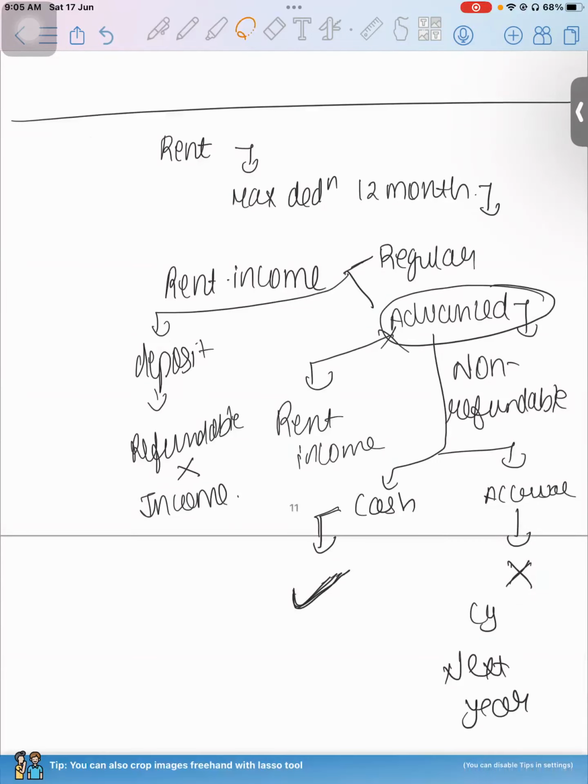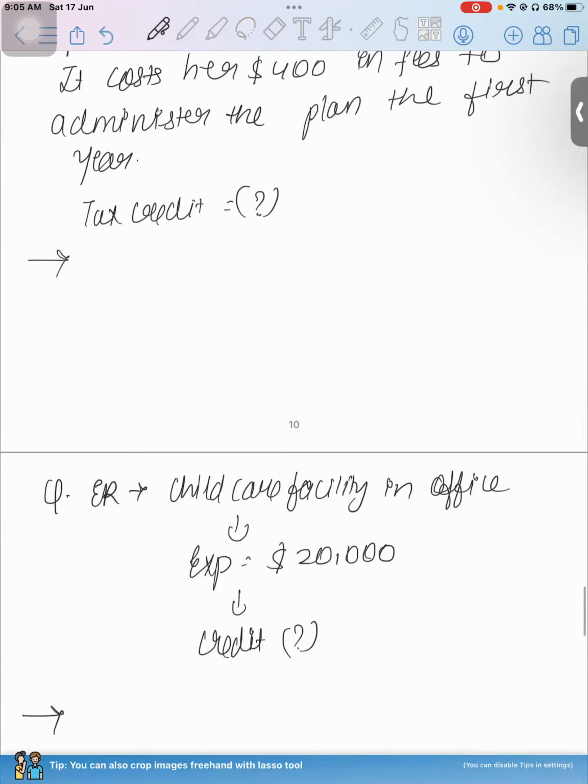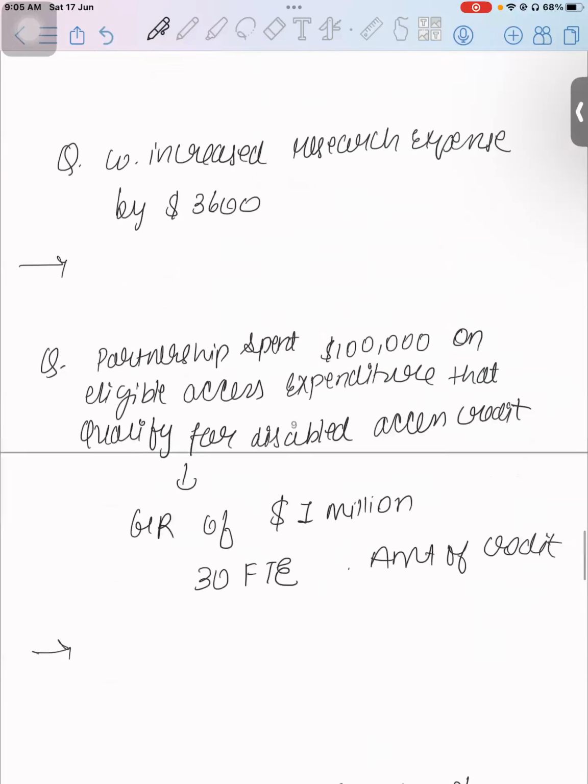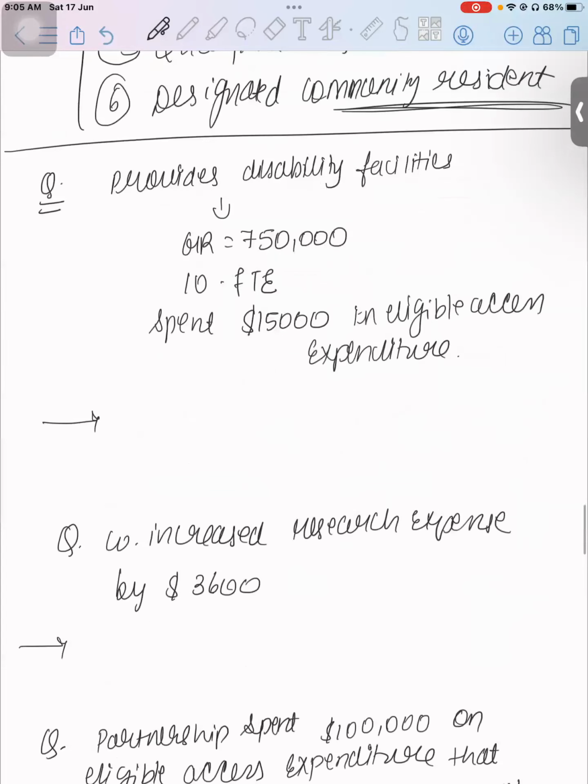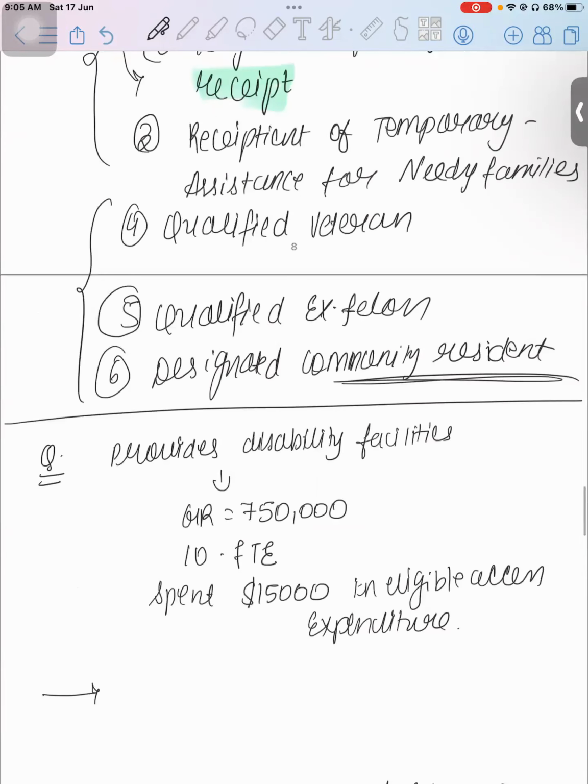So yeah, it was a good question. Did anyone come across this question when they were learning? I'm not sure whether you guys are revising the topics or not, because